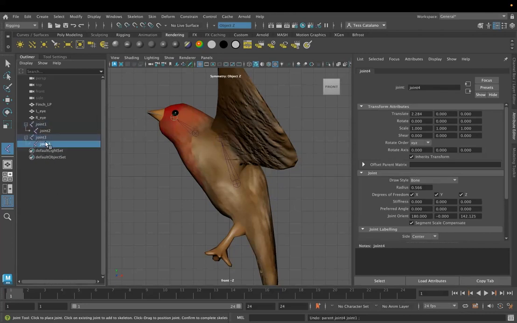This one here, not joint 4, sorry, joint 3, select that and drop it onto joint 1. Now I start to have the right kind of shape here, the right kind of hierarchy. I might go in and start to